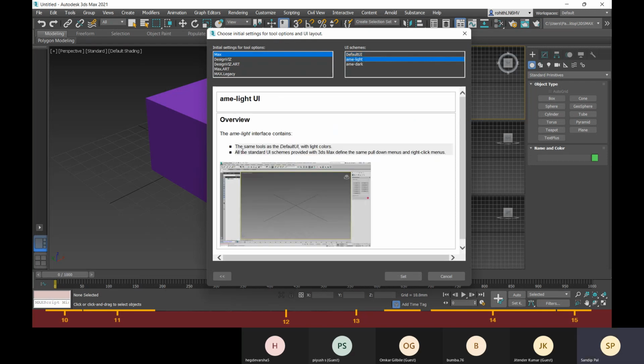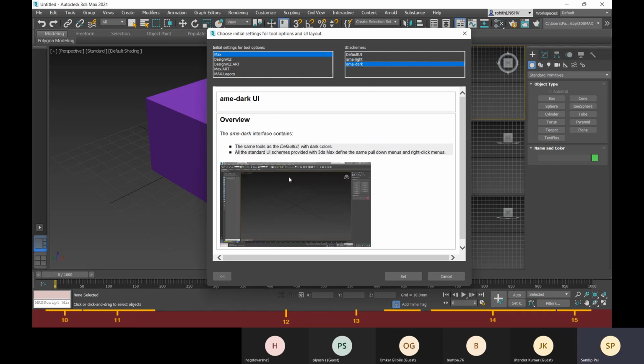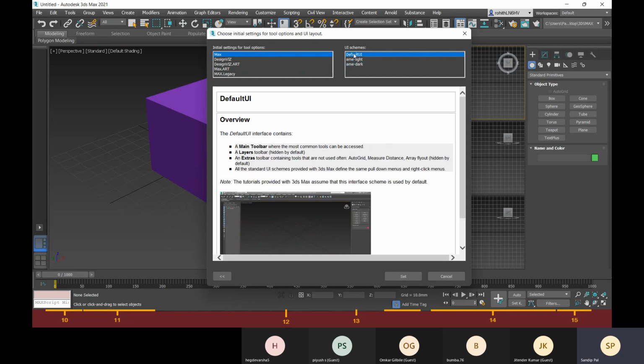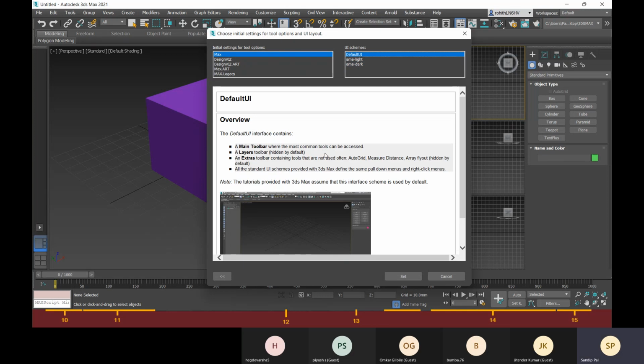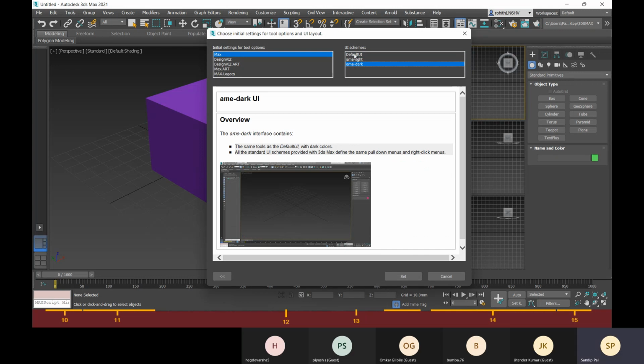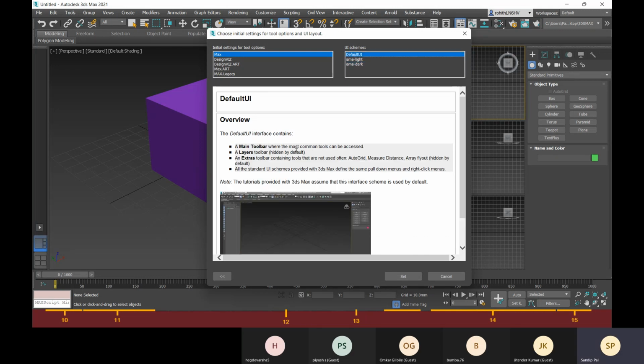Here we have this light color, here we have this dark color, and here we have this default UI. You can see that this is similar to the dark option. There is nothing much, only some options are different.